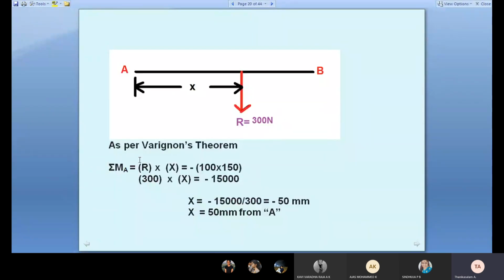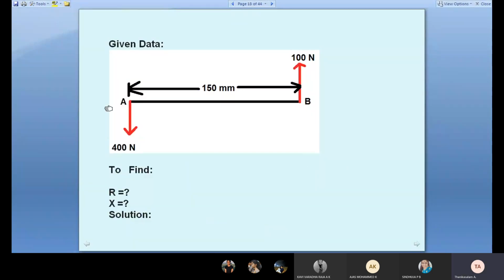So I applied the law of moments. Okay. That is, resultant force moment equal to summation of individual force moments. So 300 into x, clockwise. With reference point A, students understand, reference point A. So with respect to A, the resultant 300 into x clockwise equals individual force moments. See the diagram, individual force moments. So the 400 does not give moment.